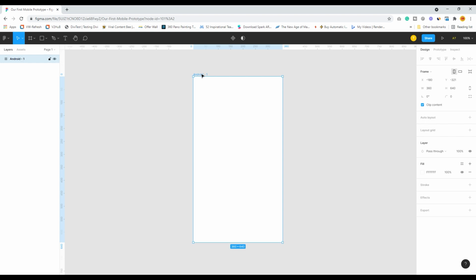instance. Great. So first thing first, I will name it. As I told, for complex projects it is very important to name each and every frame. So I will name it as our registration page. Okay, so great.